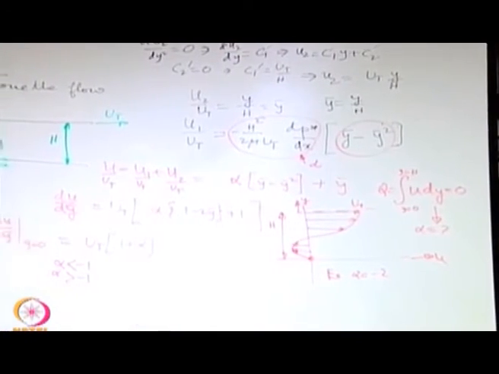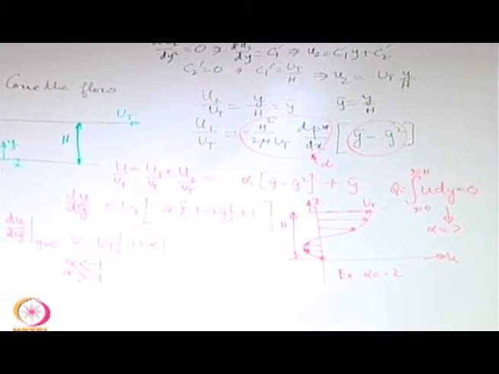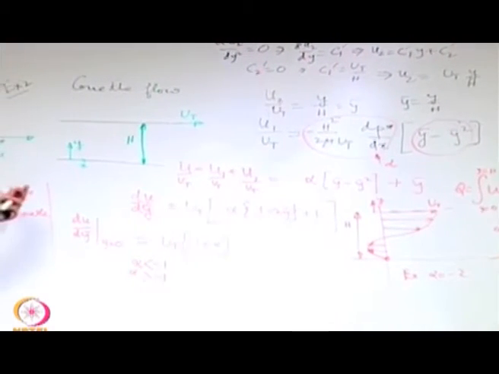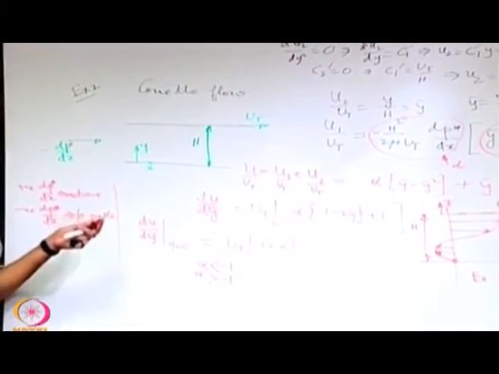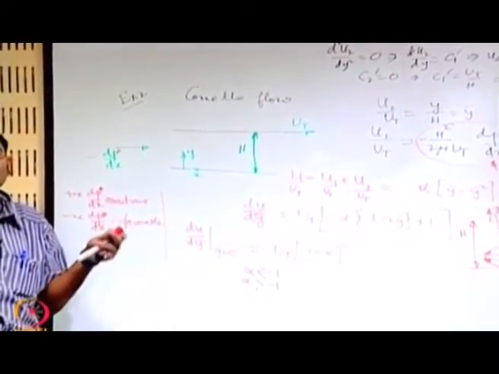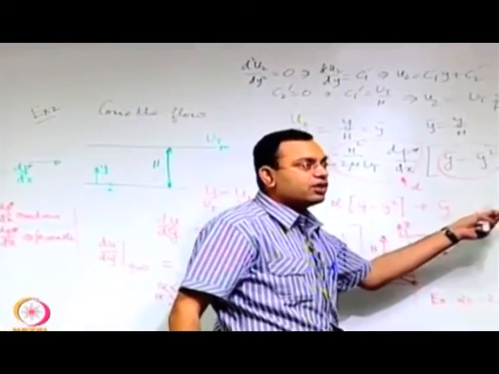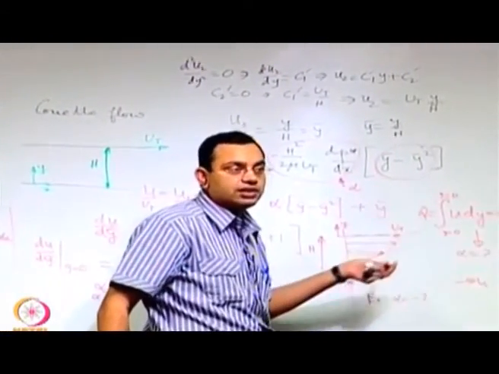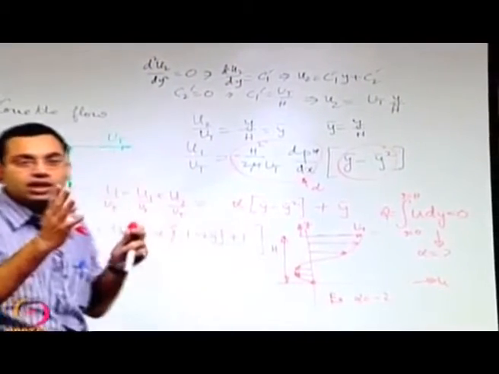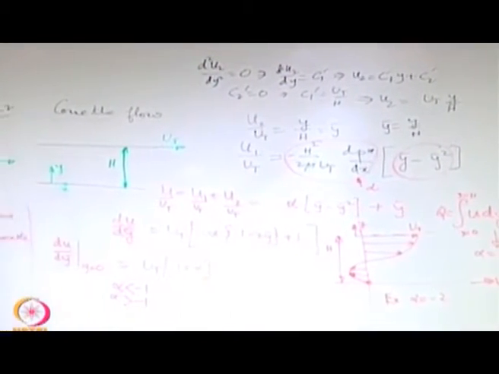You will see that it will come for a value of alpha corresponding to dp dx positive, because if dp dx is negative that will never occur, both effects will help each other. It will occur when both effects oppose each other, so that the resultant flow rate is 0. So although you have velocities locally, the integrated effect of the velocities is 0.